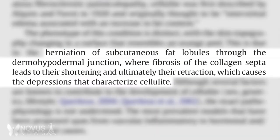Jada, will you read the first sentence explaining to patients exactly what cellulite is according to this clinical study? Yes. Cellulite is basically the herniation of the subcutaneous fat, the fat cells, through the dermal layer, where fibrosis of the collagen septa leads to shortening and retraction. These fibrous bands are retracted and pulling onto the dermal layer,